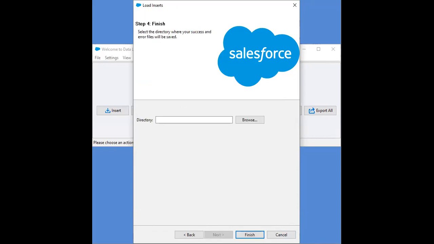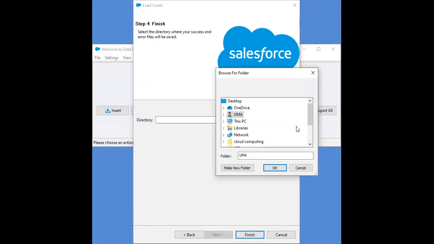And then next, browse where you are storing the data. That means select the directory for the success file, where the already imported 5 records will be stored. I am using the desktop folder.